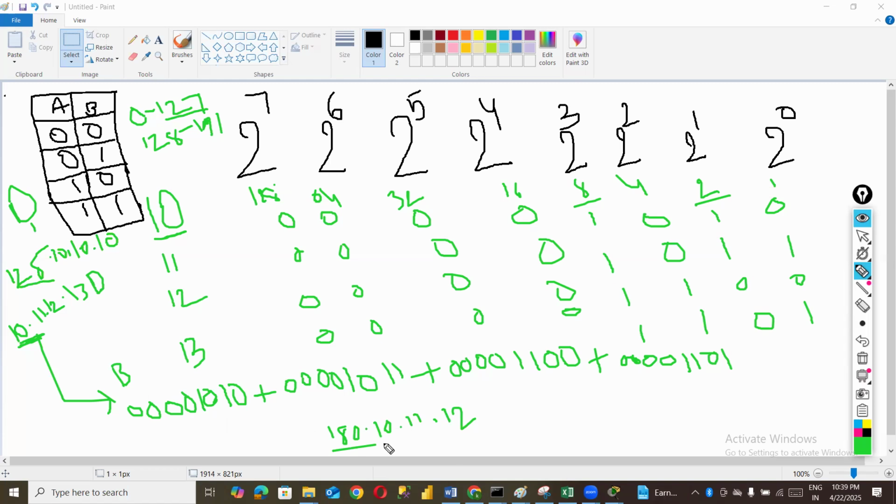By seeing the first octet itself, we can decide whether this IP belongs to class A, class B, class C, or class D. Class D and E, we won't deal with much. Class A, B and C, we regularly deal with. So mostly we have to remember these ranges, okay? And sometimes you will see a range like 10 dot 1 dot 2 dot 3 slash 24,